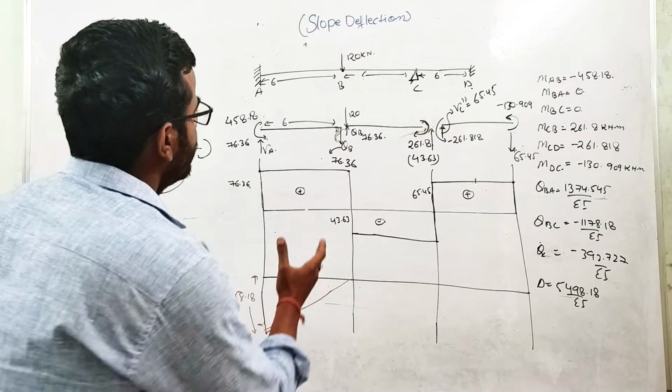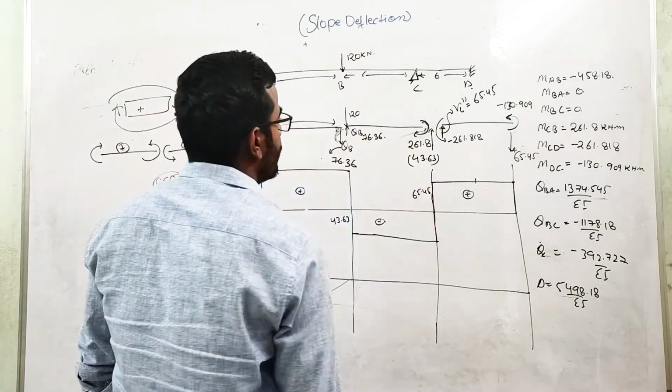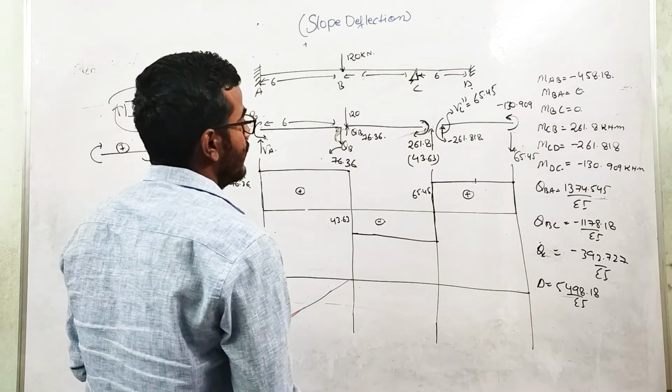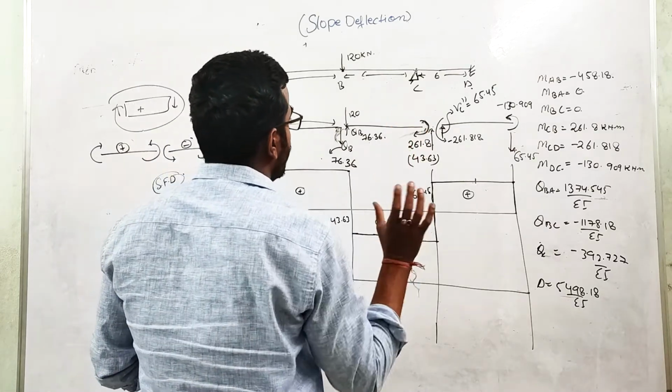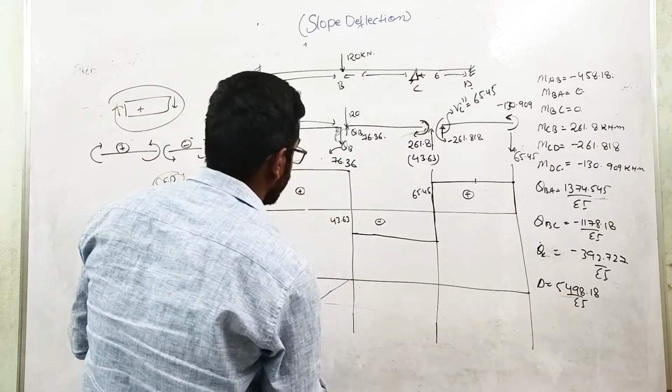And again, if we consider this portion of the beam, the bending moment at the end is 261.8, which is again negative. Because this moment is producing hogging moment. This is hogging moment, okay? So again, it will start